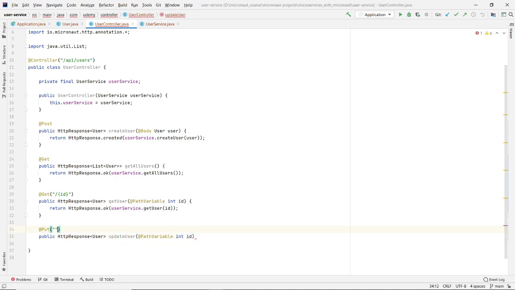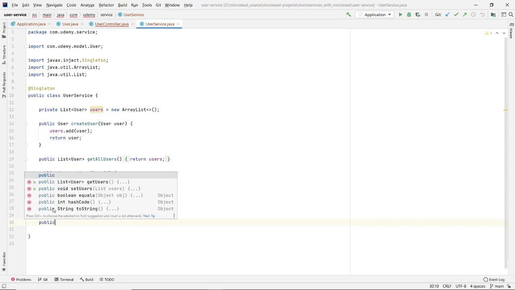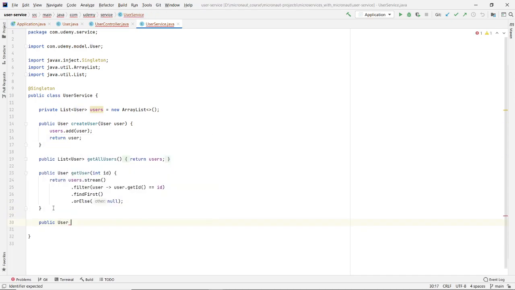So let us mention ID here. It will be the ID of the user that we want to update, and in the body it will receive the payload for the updated user. So it will be user, and here in the user service, let us create a method to update the user that will return user object, updated user object. It will receive this ID and the updated user,